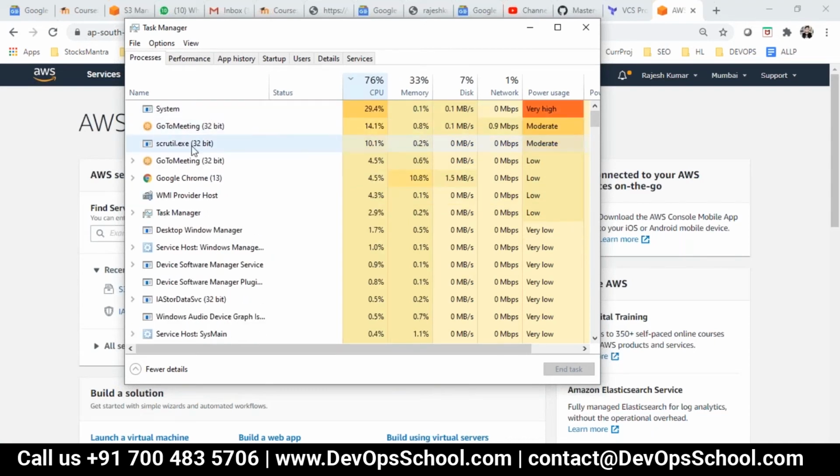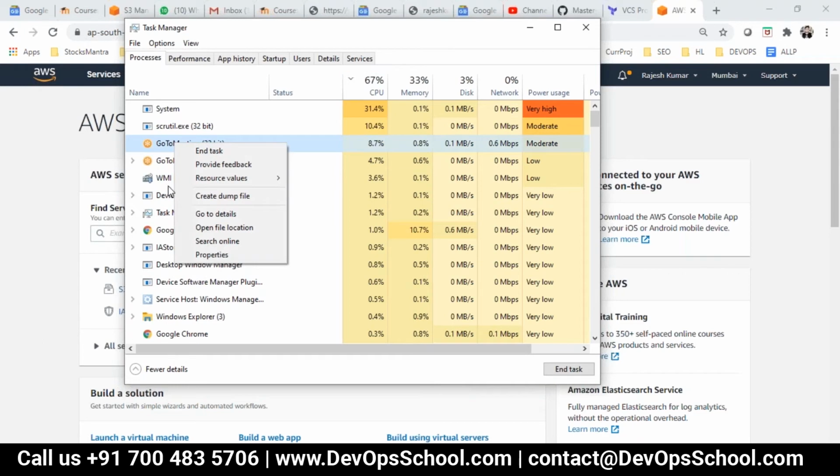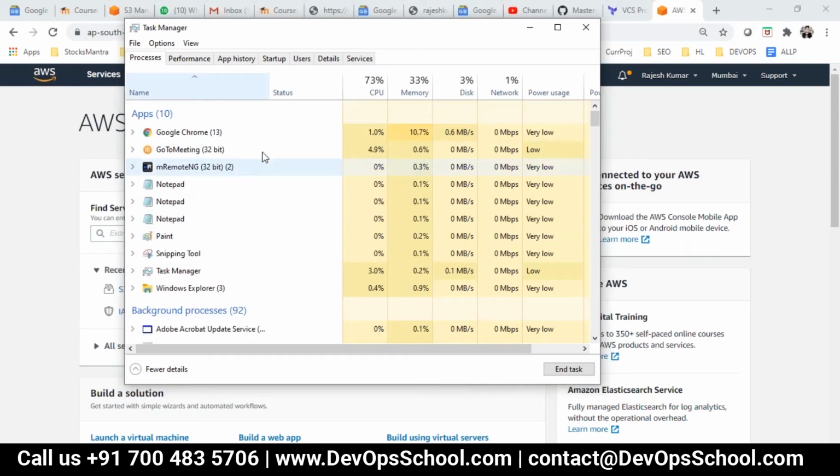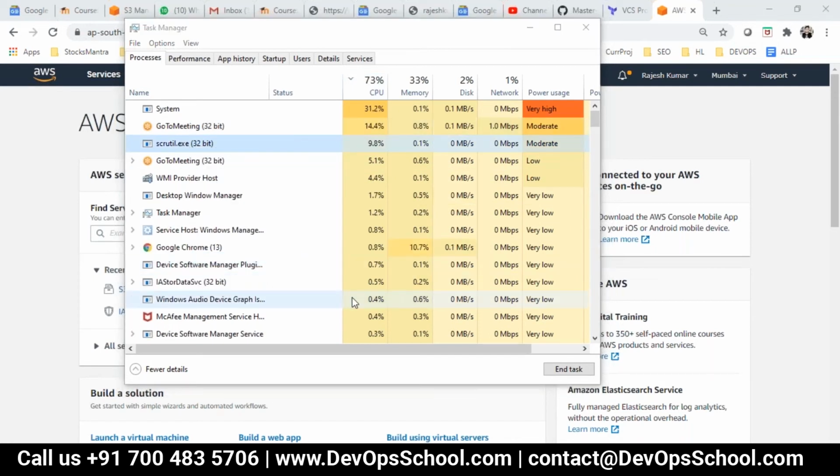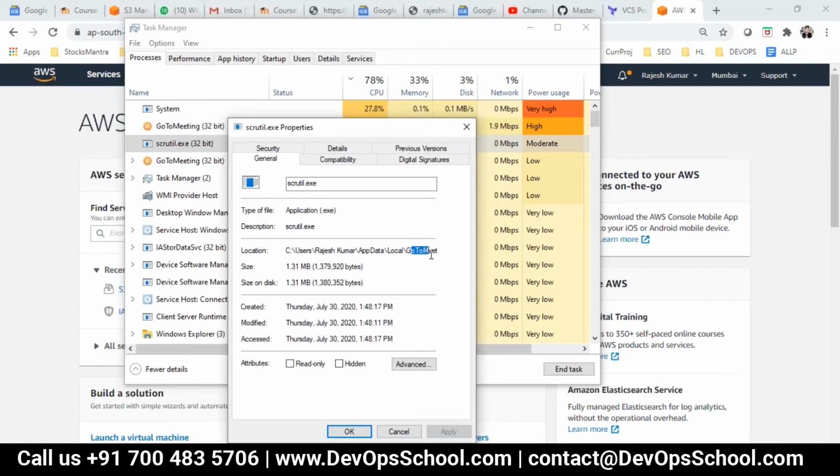I think GoToMeeting also consumes lots of CPU, I guess. What is this?